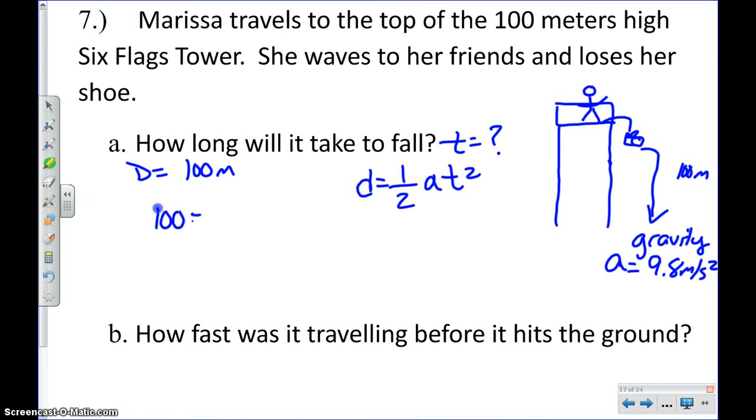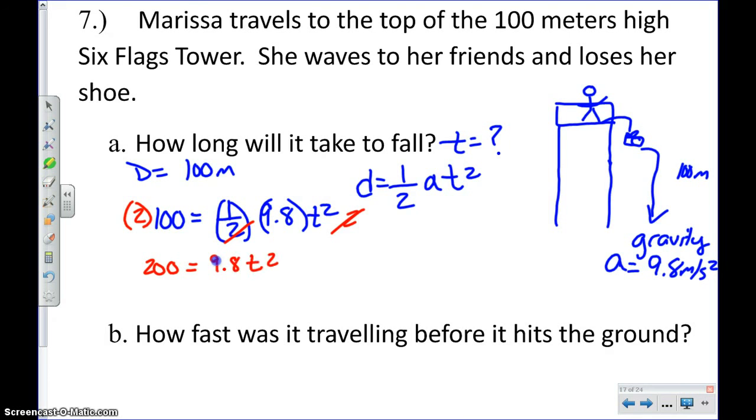So I have 100 equals 1/2. You're going to put that in parentheses when you do it in the calculator. 9.8 times t squared, and that's going to give you 200. I'm going to multiply both sides here by 2 to get rid of the 2. So I multiply by 2 here, and that's going to give me 200 equals 9.8 t squared. Now you divide both sides by 9.8,